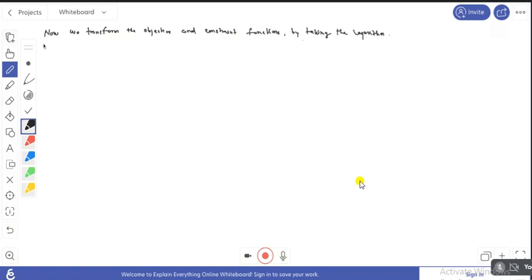So the resulting problem, we can write: minimize